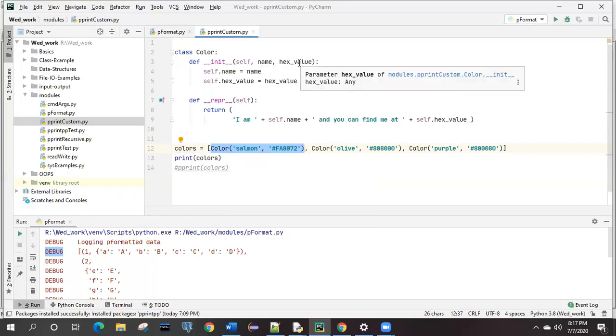If you are giving me the color white, I will print the hex value associated with that. That value is fixed according to our normal HTML CSS page, but for this example you can give any value, and it will print it.